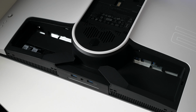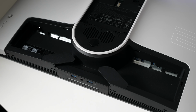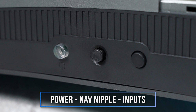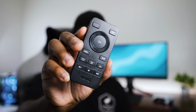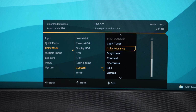And Alienware honestly has the best implementation of USBs on a monitor, just right at the front on the bottom, super easy to reach. I wish that more monitor companies would do the same thing. In terms of getting around the monitor, you have a few buttons on the bottom of the monitor as well as a navigation nipple, and then you also do have this handy dandy remote that they give you inside the box. So this remote is actually really clutch, super nice to use, and it makes it really easy to navigate